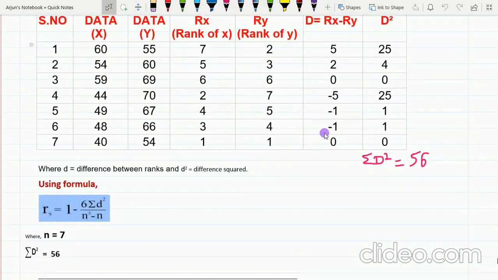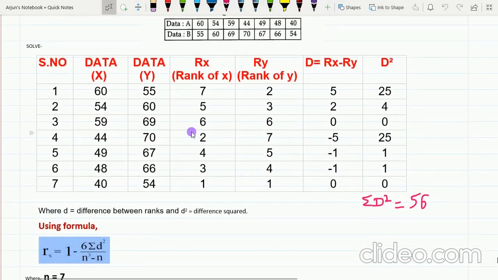So let's see. I'll suggest one thing: once you solve the question, after that you should write steps, because they give you marks for steps also. So you can write step 1, step 2, step 3, step 4 and step 5 in short. There's no need to write each and everything. So in short, you can write these steps if you want to score good marks. Fine. Now coming to the solution part.